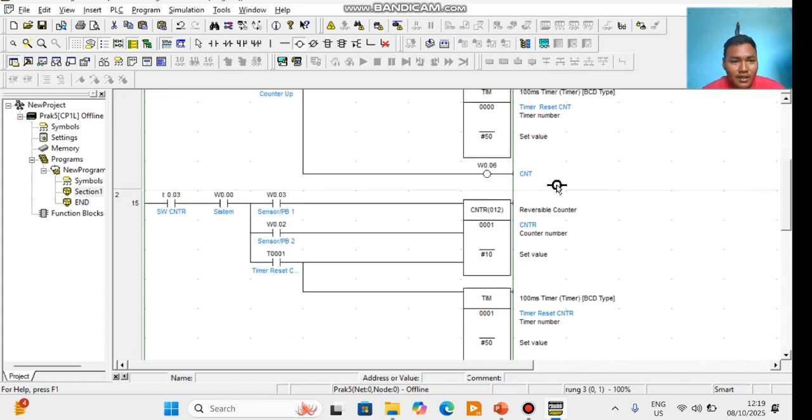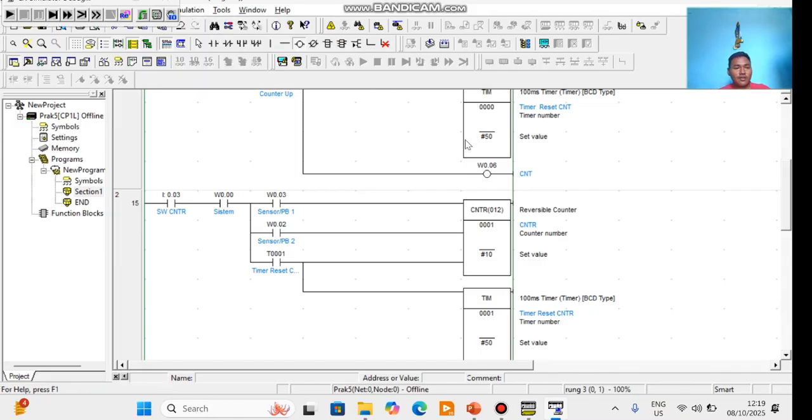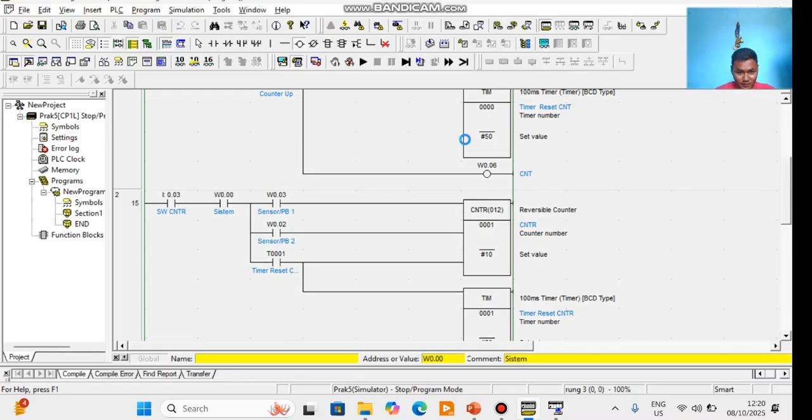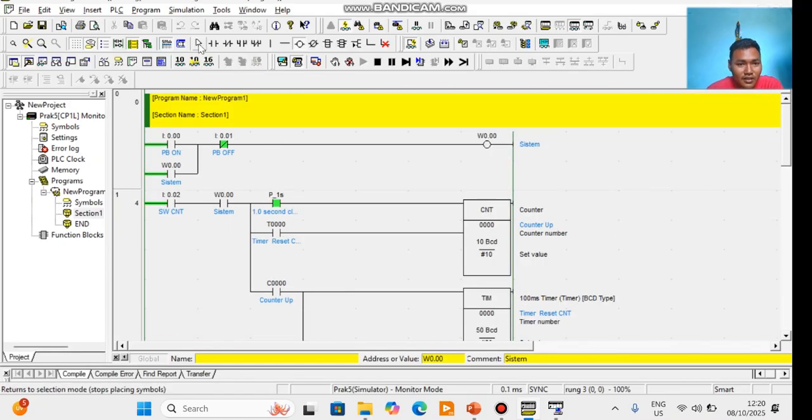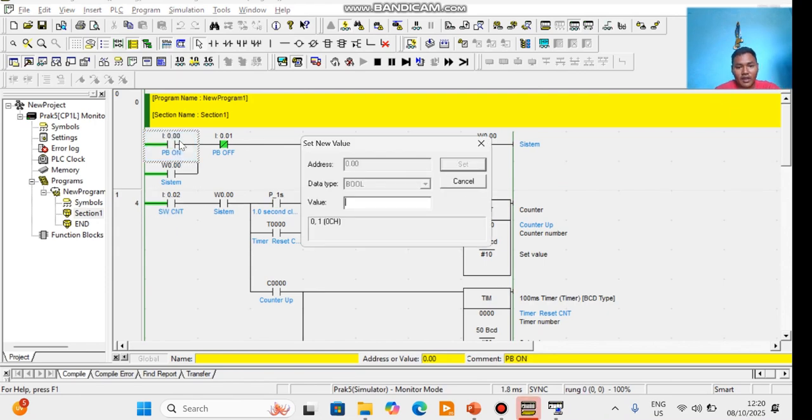At this time I will try an online simulation, only the device is not connected to the PLC. I am still waiting for loading. Okay, this is the program, and you double click and add a value, 1 for on and 0 for off.